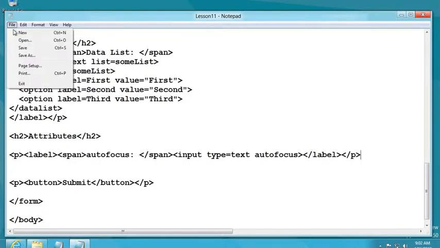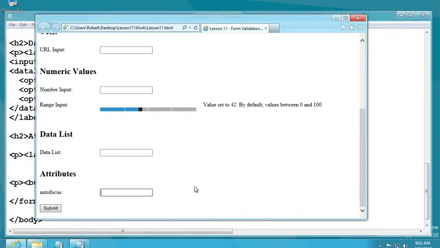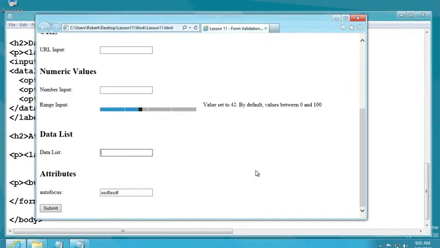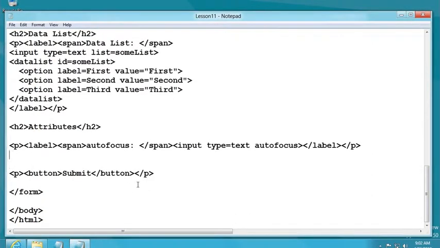Okay, save it, and now let's refresh. And notice that the cursor automatically goes to the autofocus. So this is where we would begin typing in our form. We can use the Shift Tab or Tab key to move on from there. All right, but at least autofocus will put the cursor into a specific form field so the user can begin typing as soon as the page loads. Pretty cool. Let's go on from there and